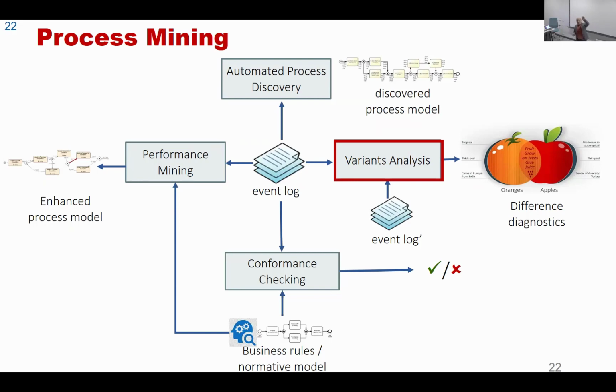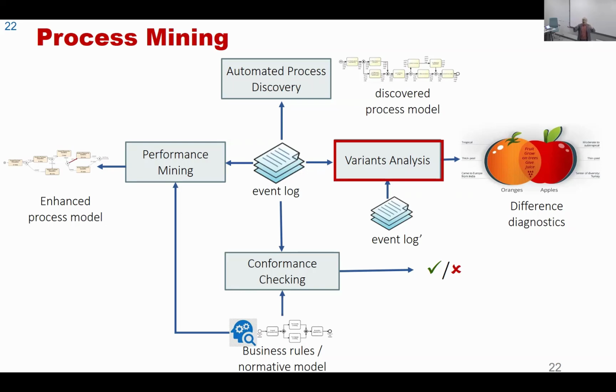One event log may be all the cases that happen in Estonia. The other event log, all the cases that happen in Latvia. Or if you have 2 wards in your clinic, in your hospital, all the cases that happen in ward number 1 and all the cases that happen in ward number 2. And the purpose of variant analysis, also called variant comparison, is to compare these 2 variants of the process, for example, in 2 different countries, in order to identify the difference. And this is highly interesting